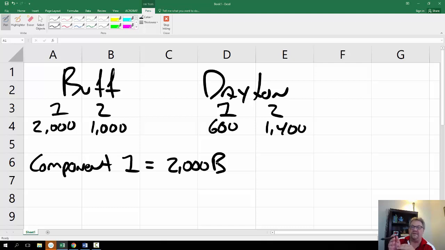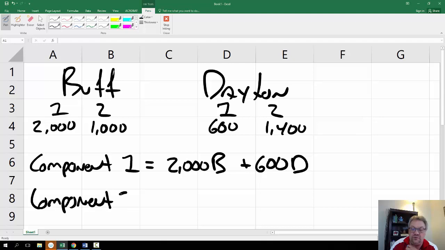So in other words, if B equals 1, therefore I'm going to produce nothing but component 1, I could produce 2,000 units, plus 600 times D, where D is the proportion of time I am producing component 1 in the Dayton plant. Right? And then conversely,